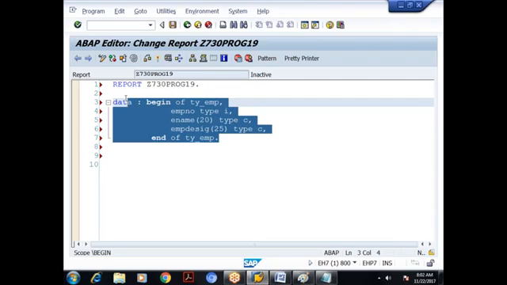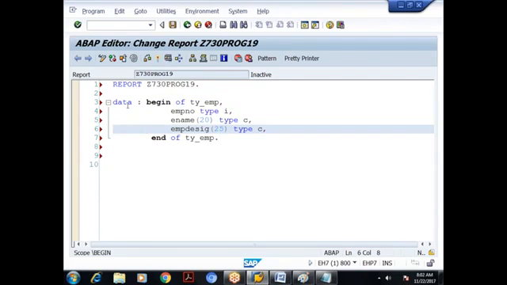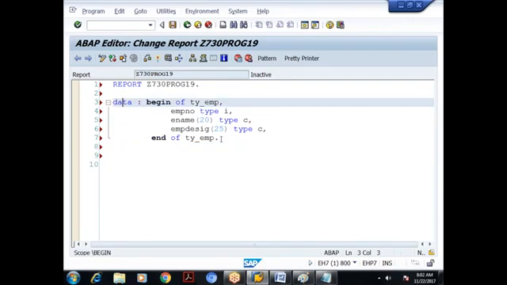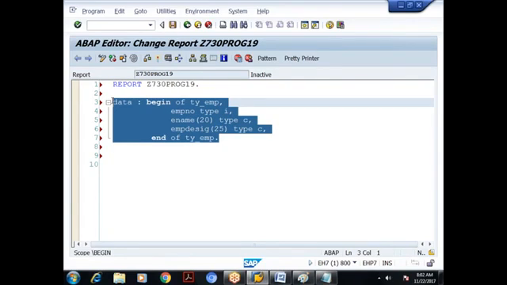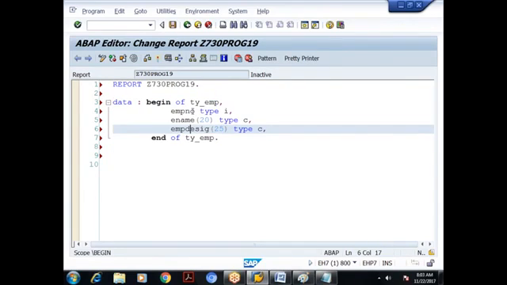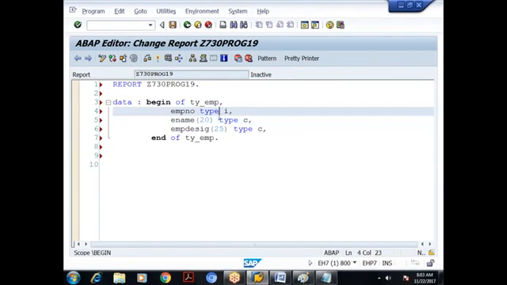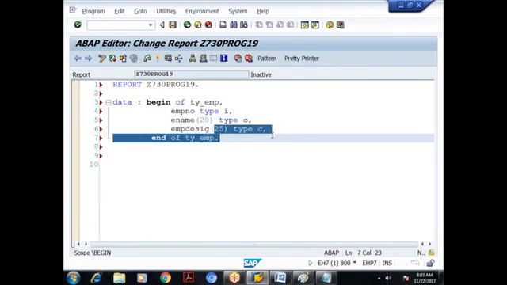So the last 2 days back we have seen how to declare what? Structures. So if you use the DATA keyword, I call it a structure. Memory will be allocated for this. How much memory is allocated? It depends upon the fields in the structure. Employee number is an integer. In ABAP, integer occupies 4 bytes, character occupies 1 byte, 1 into 20. So 20 plus 4, 24 plus 25, 49 bytes will be allocated if I use the DATA keyword.